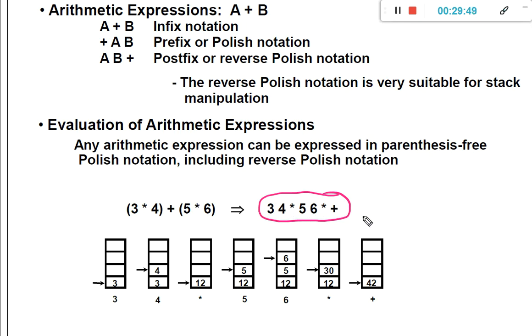Stack is used in the computer system to evaluate arithmetic expressions. So see the procedure initially. Now let us note down the rules.